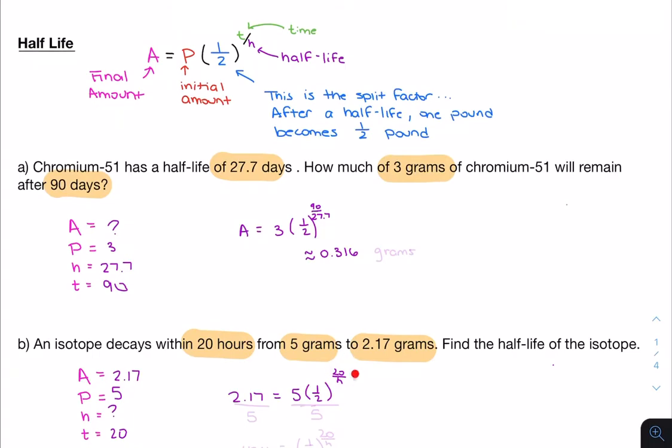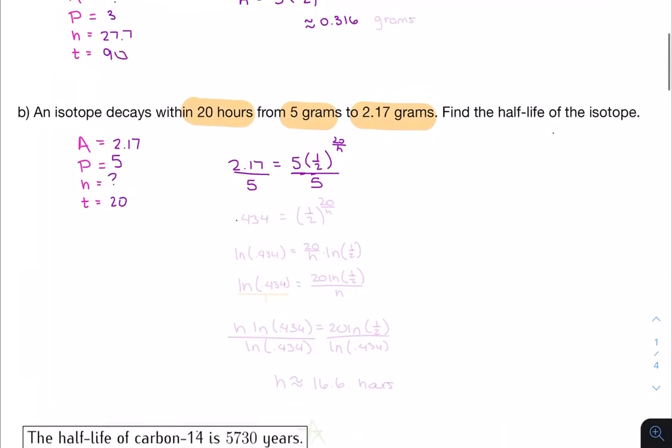But where's the h? That's in the exponent. So we're going to want to try to isolate the half raised to the 20 over h. So we have to divide by 5 to both sides. 2.17 divided by 5, that's 0.434, which is equal to 1/2 to the 20 over h. And since we have an exponent, we can do the ln. We can take the ln of both sides. So we have the ln of 0.434, and then remember that the 20 over h comes up front,